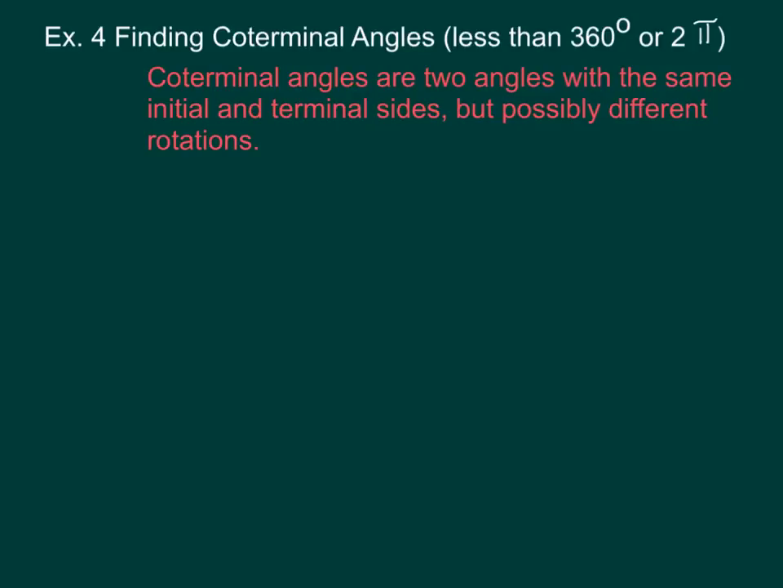So now we're going to look at coterminal angles, and these angles have to be less than 360 or 2 pi. Degrees, 360, 2 pi radians. Coterminal angles are two angles with the same initial side and same terminal side, but possibly different rotations. So for example, if we had 420 degrees and they wanted us to find the coterminal angle. Well, one way that helps me, especially if you don't want to draw it,